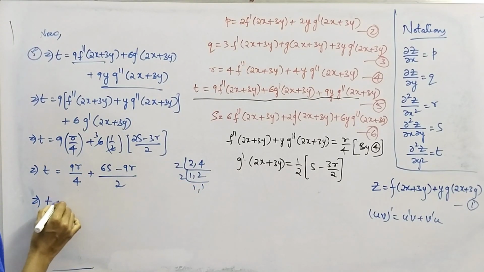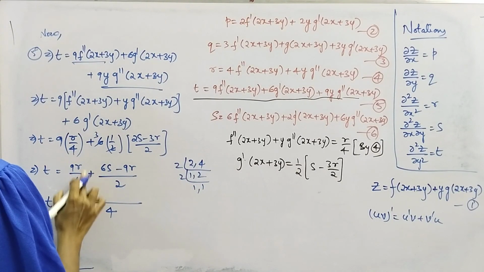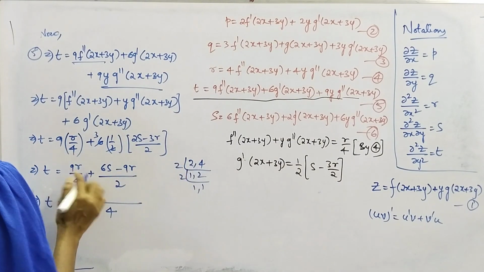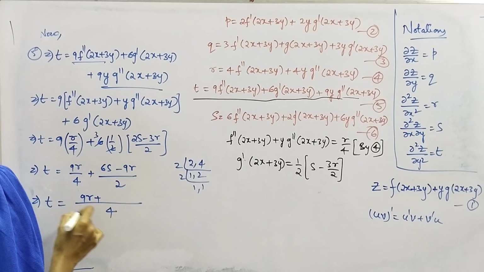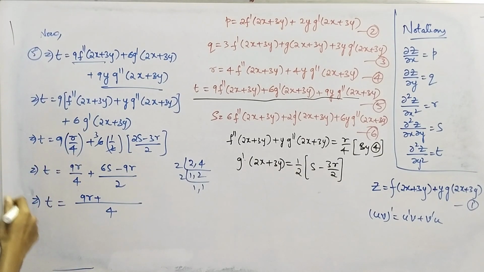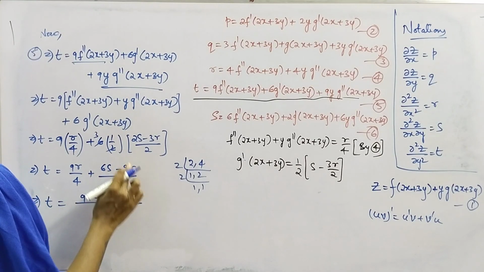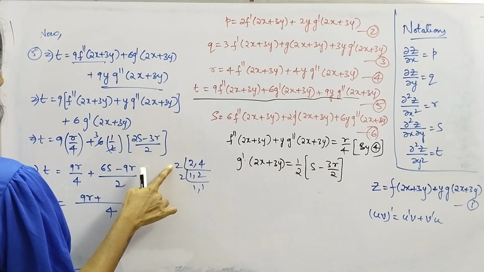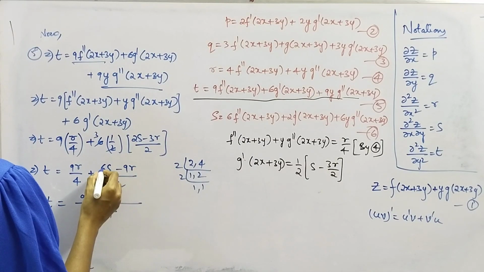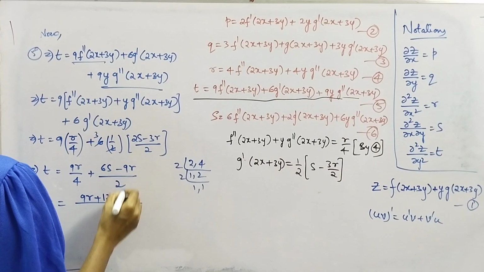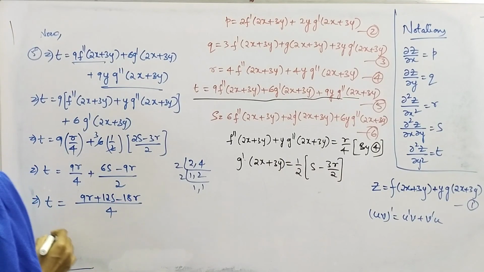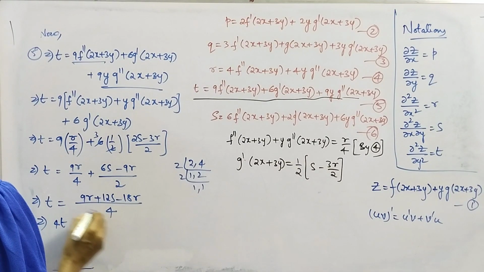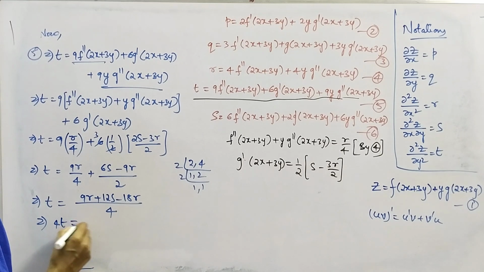Which is 4. In the denominator of the first term you have 4, close 4. So you'll get just 9r. You don't multiply anything to this numerator. And if you observe the second term, you have 2 in the denominator, just close this 2. You have one more 2, right? Just multiply this 2 to this numerator. You'll get 2 6s are 12s, 2 9s are 18r. Now multiply both sides by 4. You'll get 4t equal to